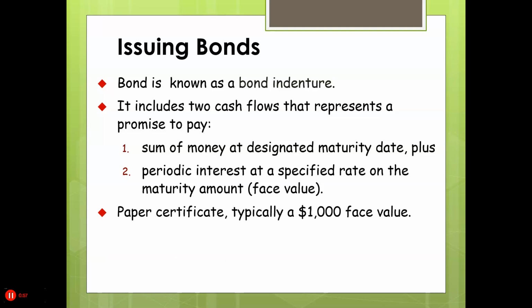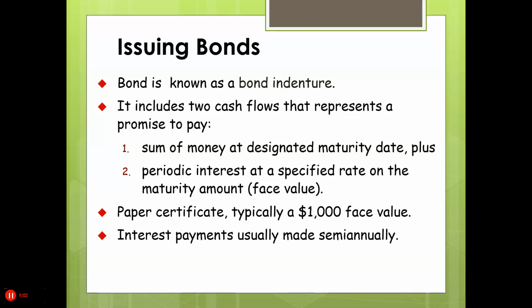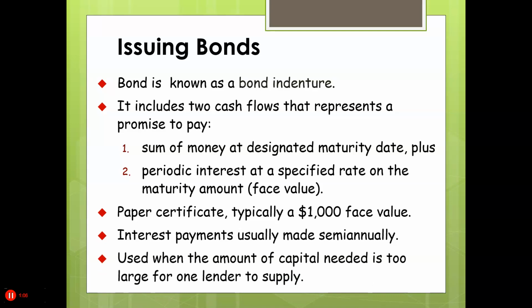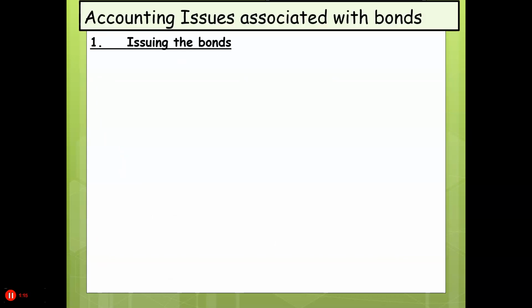So, paper certificates, normally they sell $1,000 face value. Interest payments are usually made semi-annually, but make sure you read the problem. And bonds are used when the amount of capital needed is too large for one lender to supply it. Now, when we issue bonds,